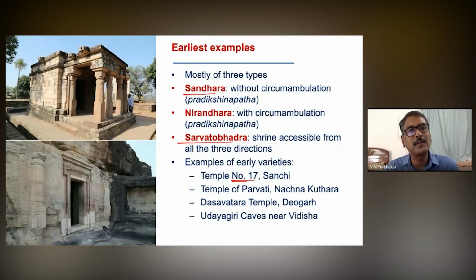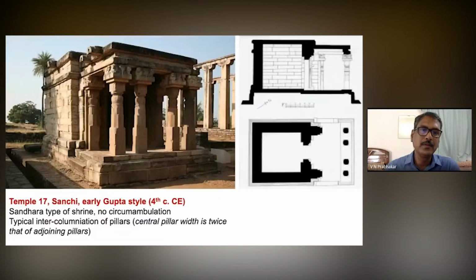In the case of Sanchi, it consists of very simple, plain outer walls, and there is a small shrine here with a front mandapa or mukha mandapa with some arrangement of pillars in front. So this is the Sanchi example. This is the elevation and plan. You can see a simple shrine. We don't know to which faith this temple was dedicated. Most probably it was for the Buddhist faith because of the entire Buddhist establishment there.